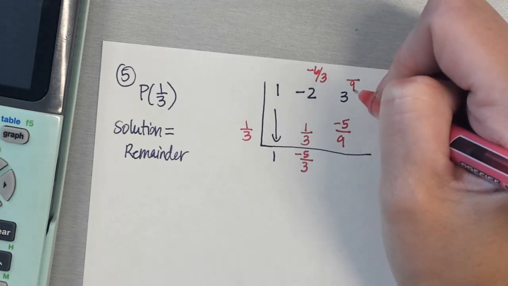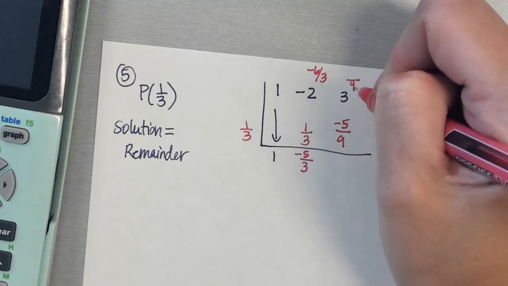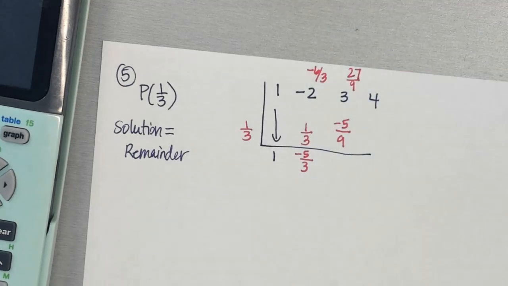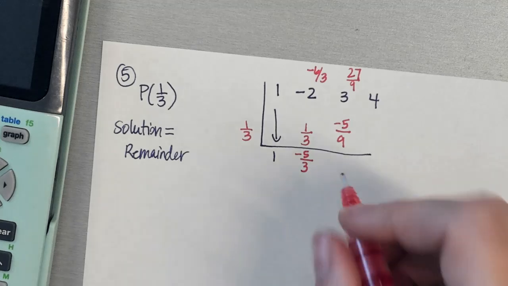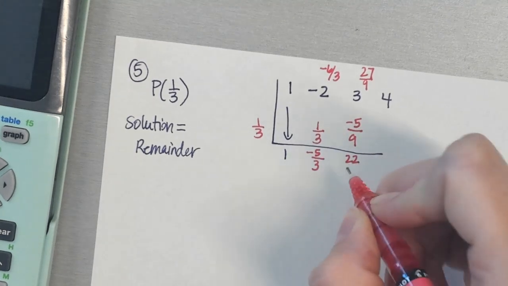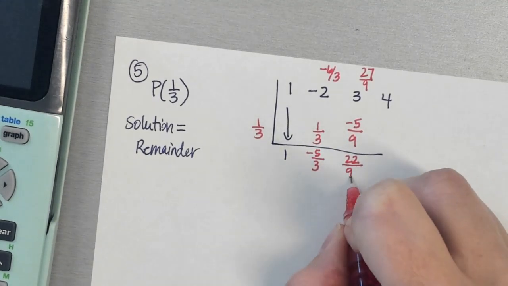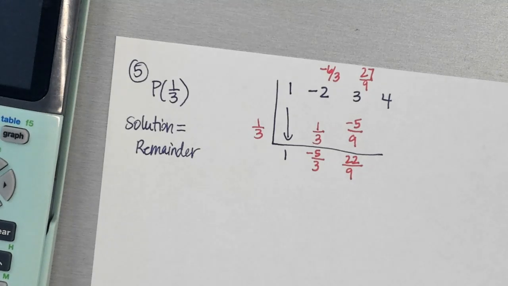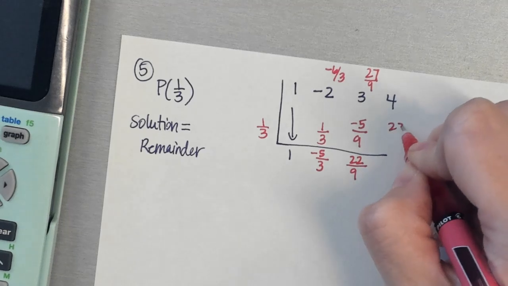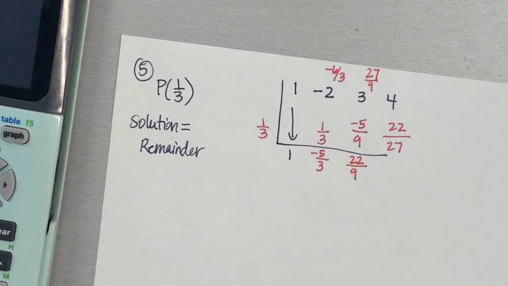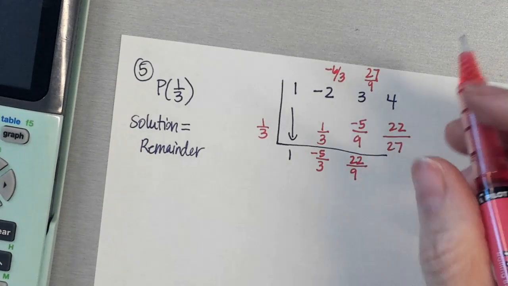9 times 3 is going to be 27, so that's going to be your numerator. So 27 minus 5 is going to be 22 over 9. And then you're going to multiply. So you have 22 on top, you have 27 on the bottom, and then your last step is just to get your